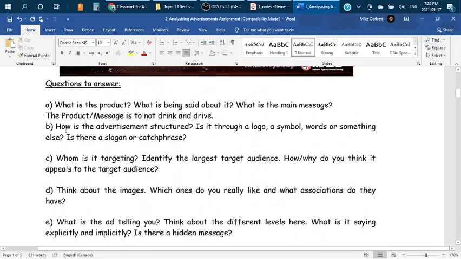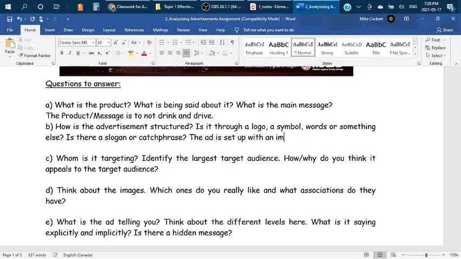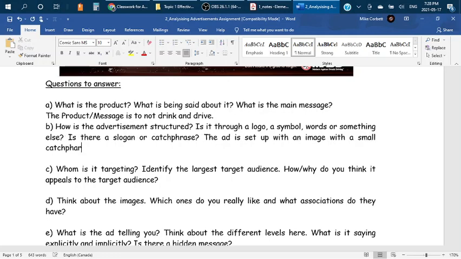So B, how is this advertisement structured? Is it through a logo, a symbol, words, or something else? Is there a slogan or a catchphrase? So for here, we can say, again, a sentence or two. The ad is set up with an image with a small catchphrase